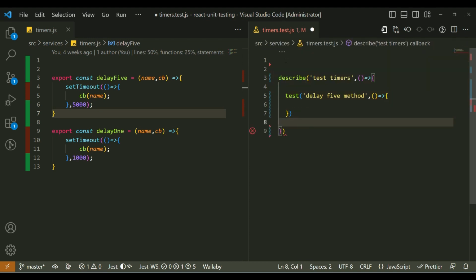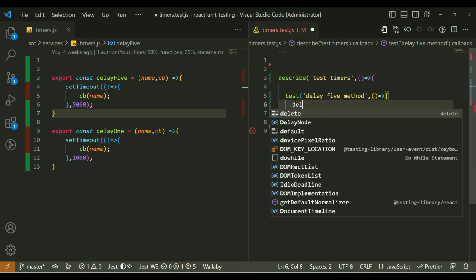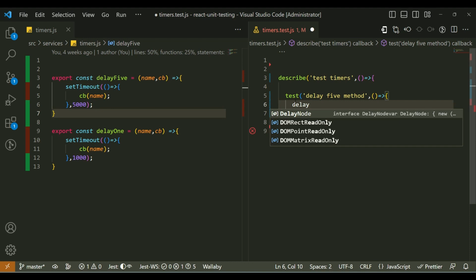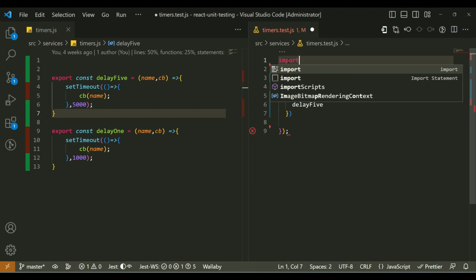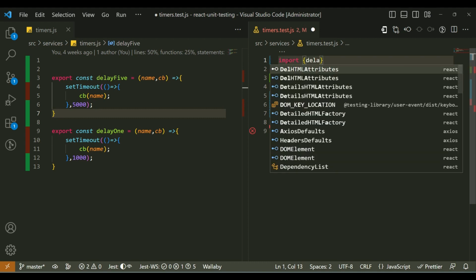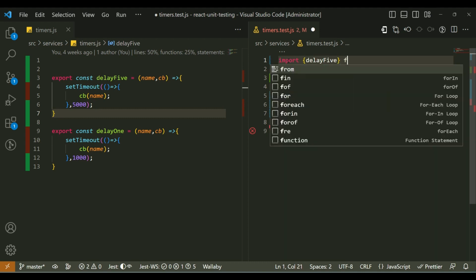So firstly, the basic test case has to be like we have to call this method delay 5. Firstly, we have to import it. Delay 5